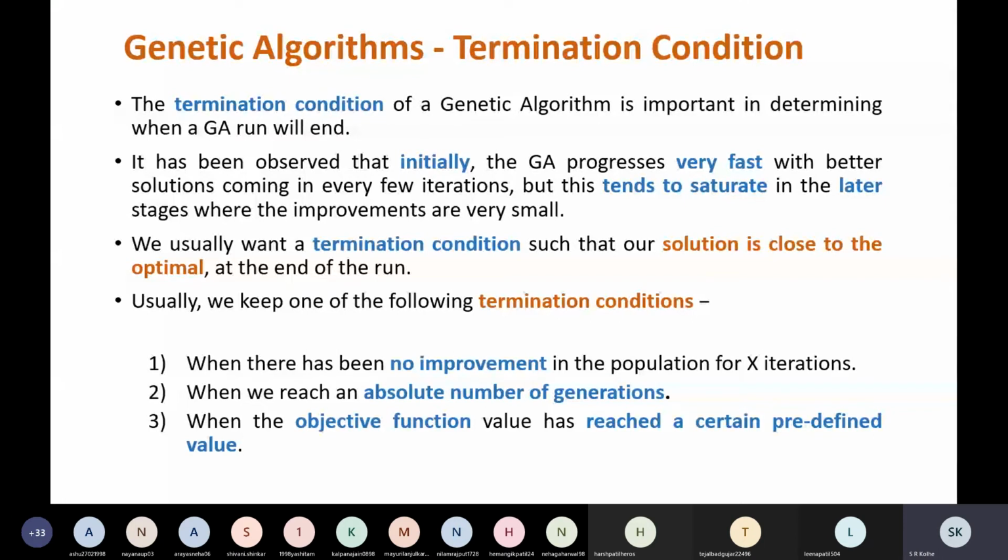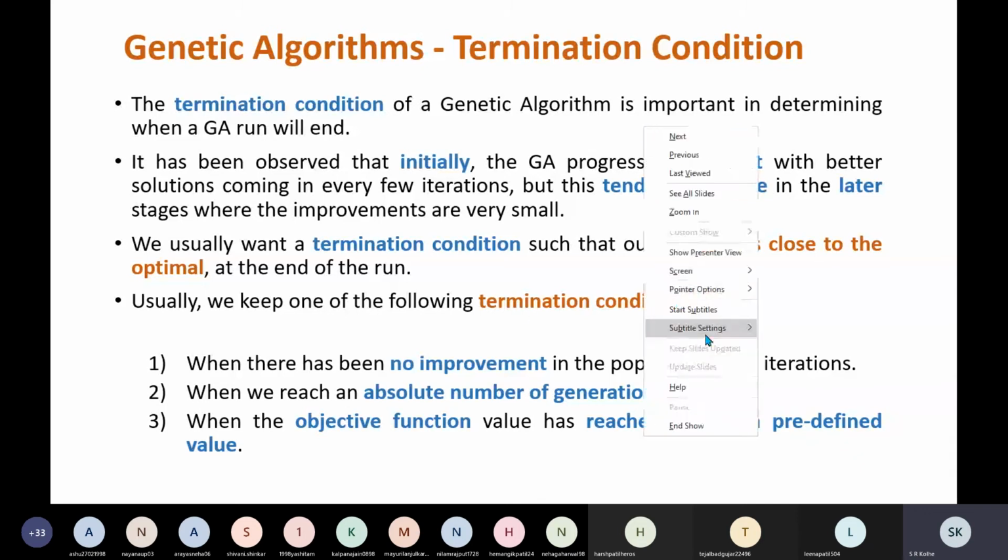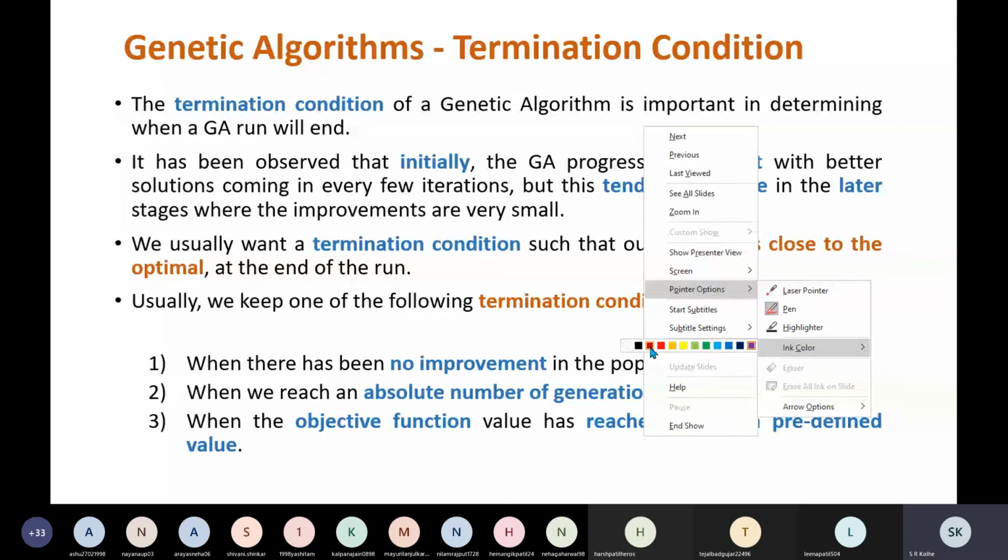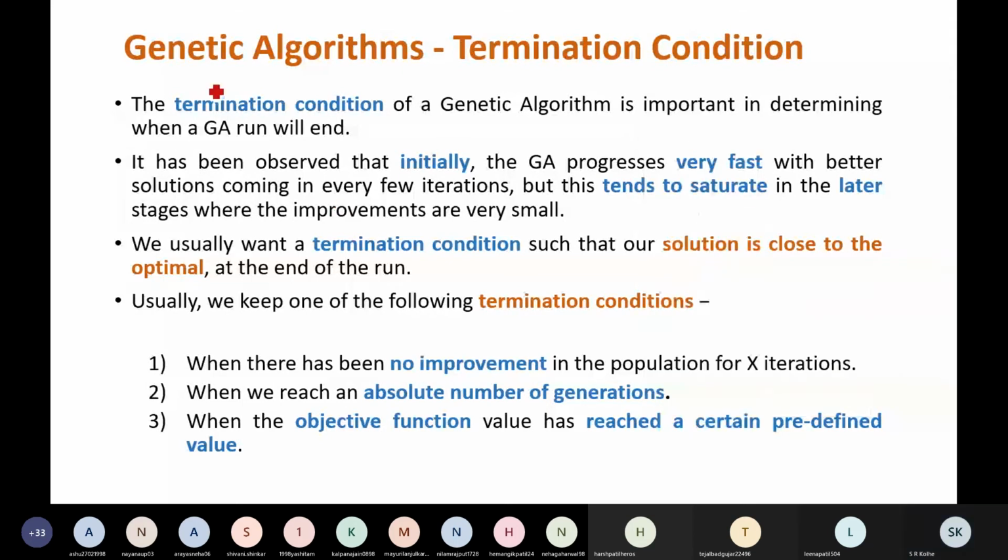So somewhere you should specify in an algorithm that your algorithm will terminate. So that's what we are going to see now: what will be the terminating condition in a genetic algorithm. This terminating condition will tell you when this genetic algorithm will end.